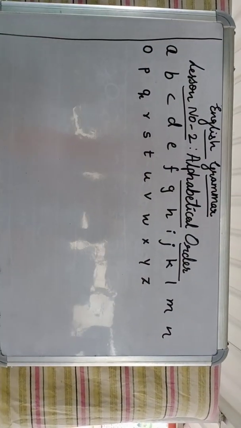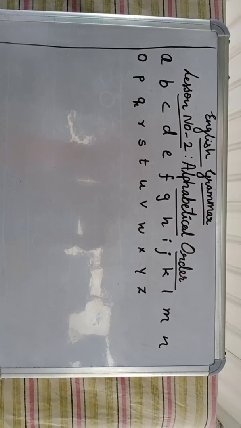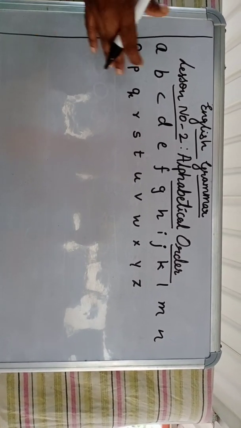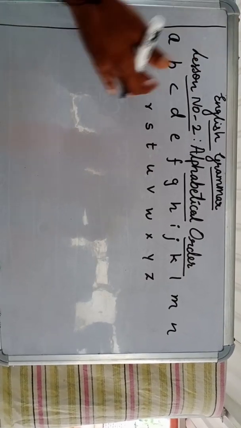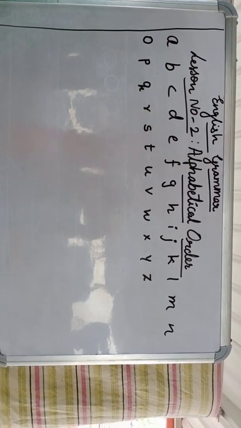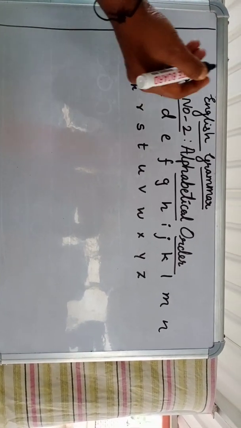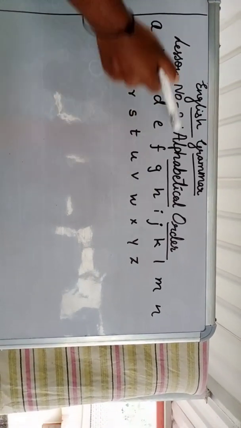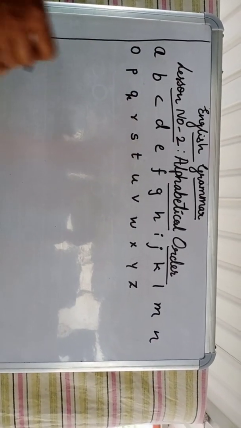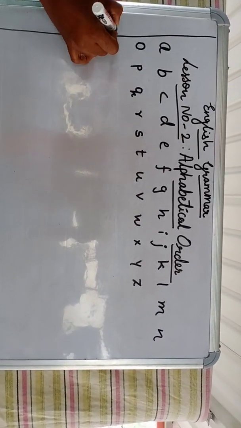So, here what you have to do is, today's topic is, you have to arrange the given letters in alphabetical order. So, in alphabetical order, you have to arrange the letters. This is the alphabetical order which I have written on the board. Here I want to give you one example, that is